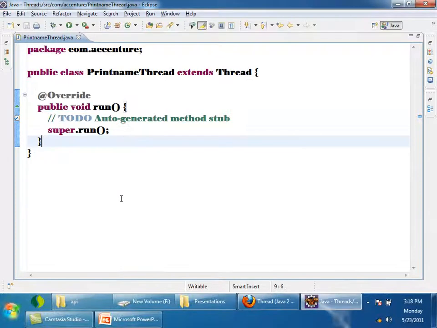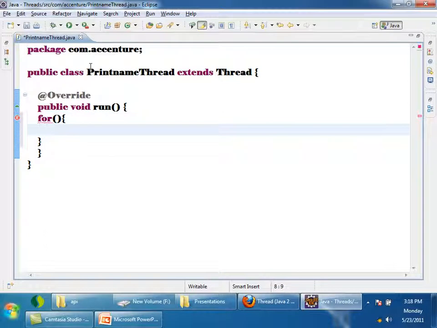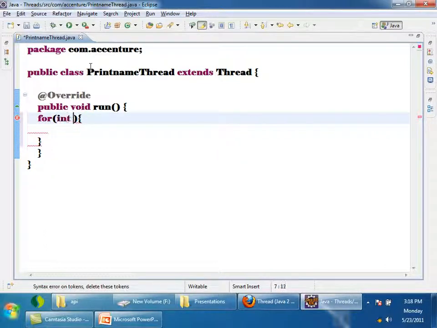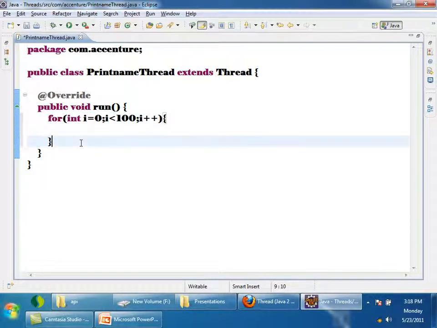So the other way of creating a thread is you can extend Thread and override the run method, and you can write the similar logic here. for (int i = 0; i < 100; i++). Tell me, to print a thread name, what is the method you need to call on the thread object? Thread.getName.